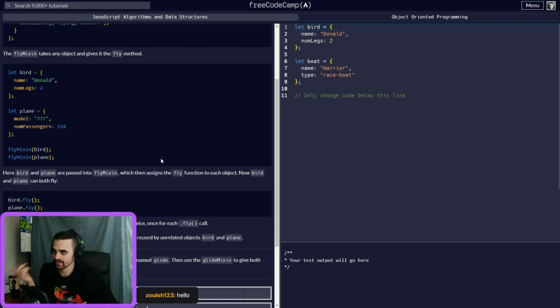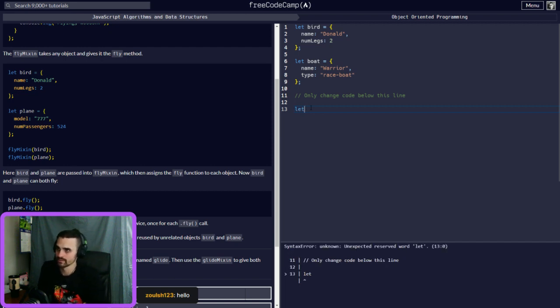And if you didn't understand it right here, we'll just go ahead and do it right here. So we have a bird and we have a boat. What do both do? They glide. Okay, so create a mixin named glideMixin.